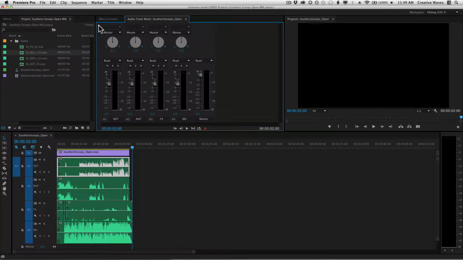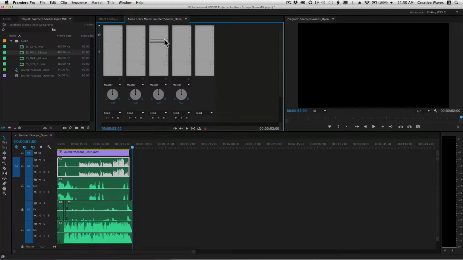So I'm going to open this up. This little triangle opens up my inserts. These are all my effects that I can add. Real-time effects that play throughout. They are on the track, not attached to the clips that are on the track. So this is my master right here. And I'm going to put right here at the end,